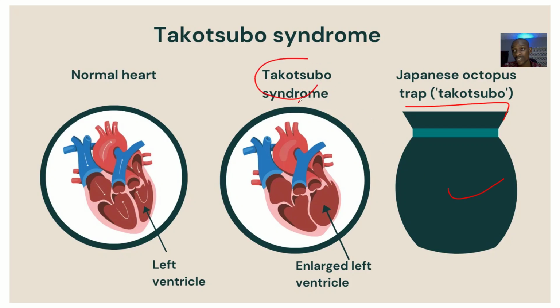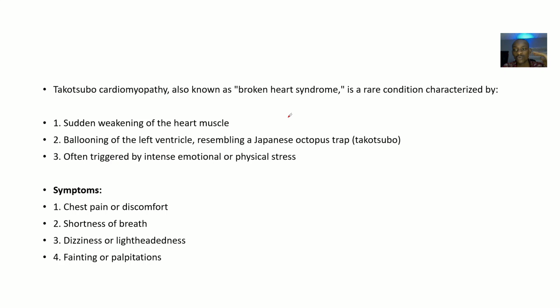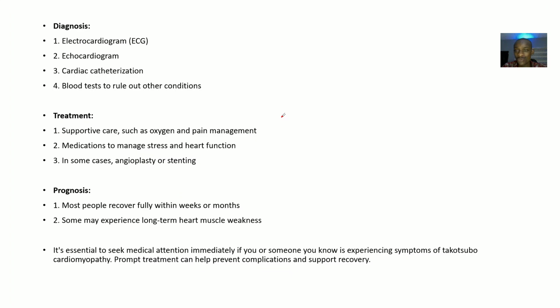When there is Takotsubo syndrome, like when the person has a disease condition, probably if you do a chest x-ray or CT scan, you see the heart looking like the shape of this trap. Okay, so that's how the name was derived. We'll look at this condition from the characteristics, look at the symptoms, look at the diagnosis, look at the treatment